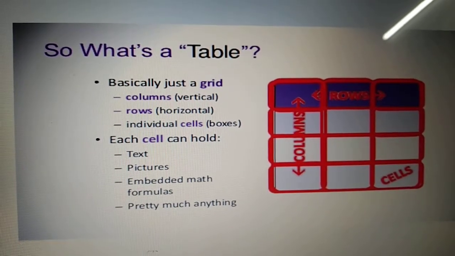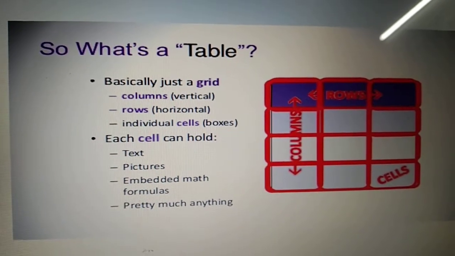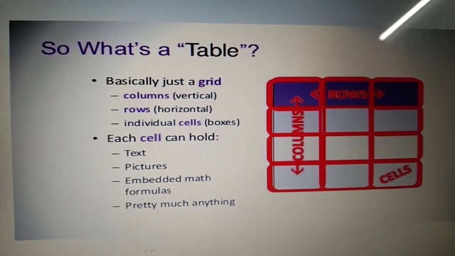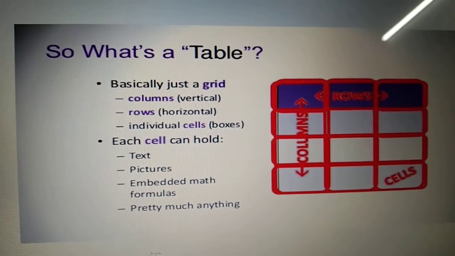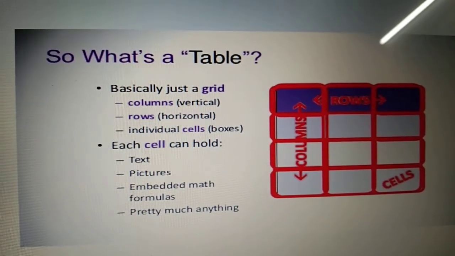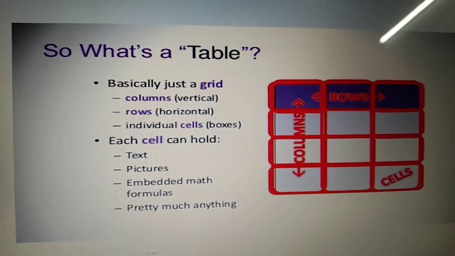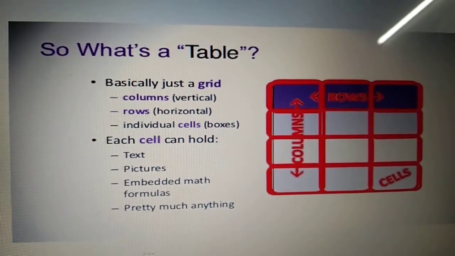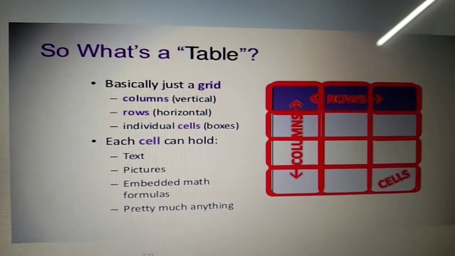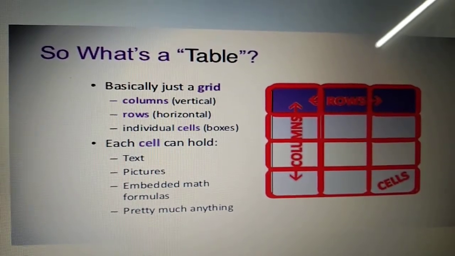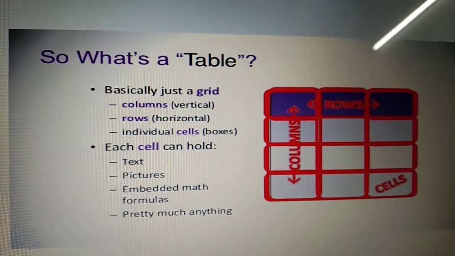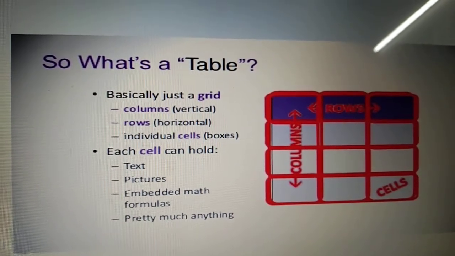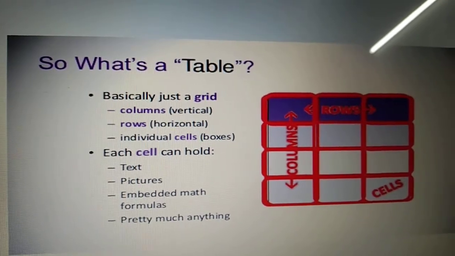So class, now let's start with our unit digital presentation with our topic working with tables. First of all, some introduction regarding the table. Tables are presented in a tabular form which consists of various cells, rows, columns. Basically columns run vertically and rows run horizontally, and it includes various boxes, and these boxes are called cells, and each cell can hold text, pictures, charts, animations, formulas, etc.